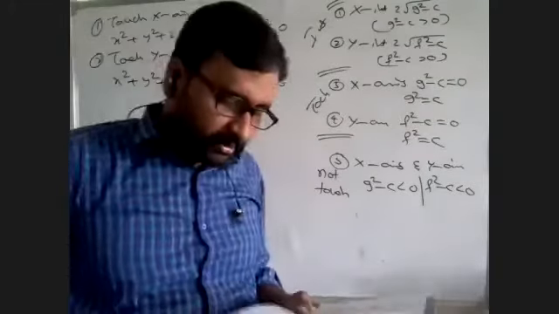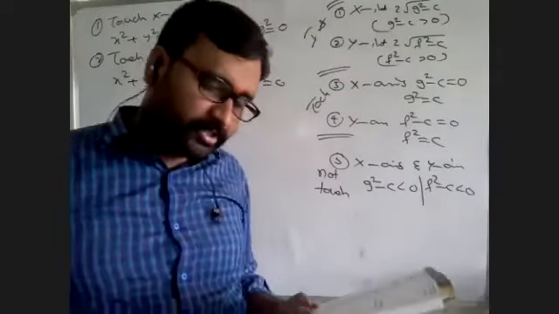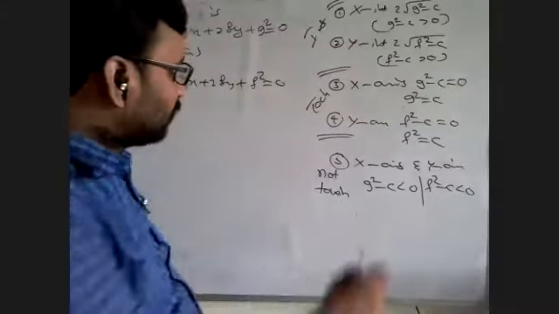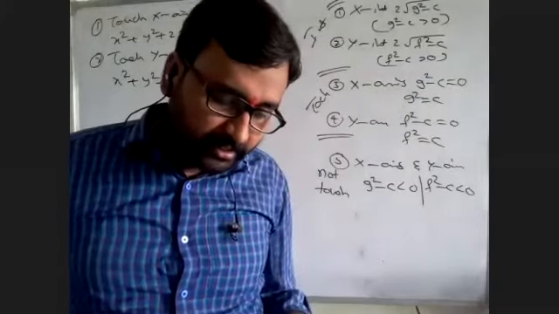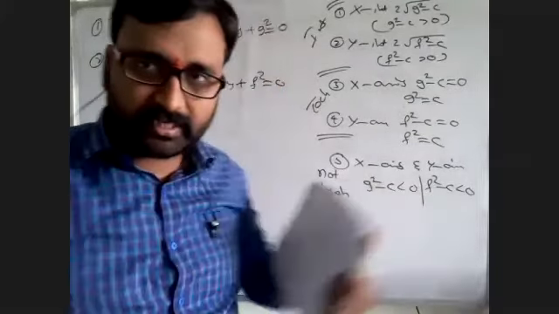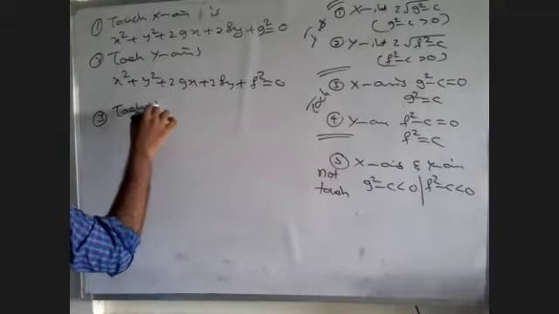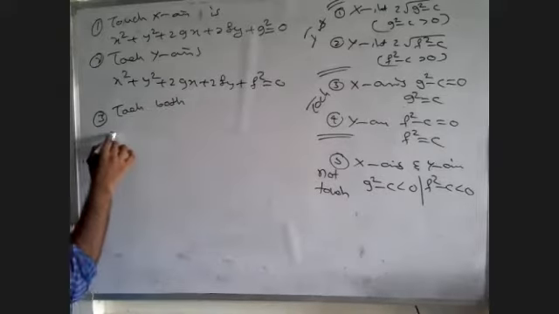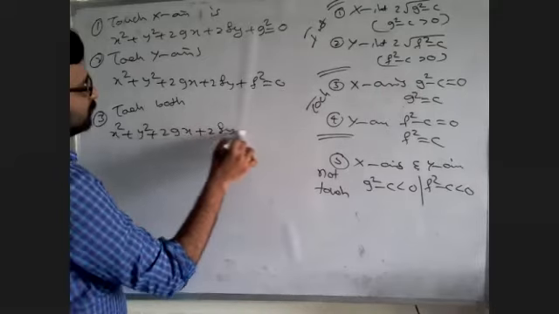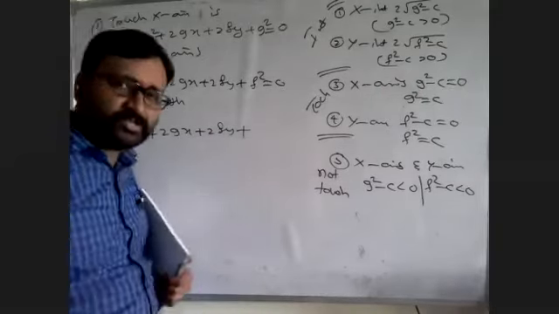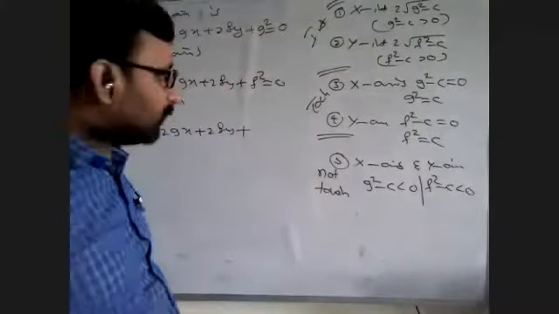Next, the equation of the circle touching both axes, then g square equal to f square equal to c. I told you already, ikkade cheppanu, g square equal to f square equal to c, and the equation of the circle touching both axes is x square plus y square plus 2gx plus 2fy plus c. c అంటే g square కావచ్చు f square కావచ్చు. అయితే రెండిట్లో రెండు సేమ్ కాబట్టి c నే రాద్దాం.